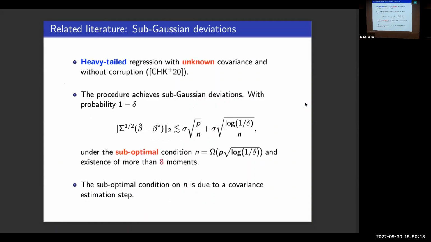Okay. So actually there is a huge literature around this problem, linear regression under heavy tails or corruption. And I remember Sam Hopkins, when he visited like two years ago, talked about exactly this. And actually they considered the same problem with unknown covariance, and their goal, without corruption, without outliers. So remember that when I say robustness, it's both either for sub-Gaussian deviations or corruption with outliers.